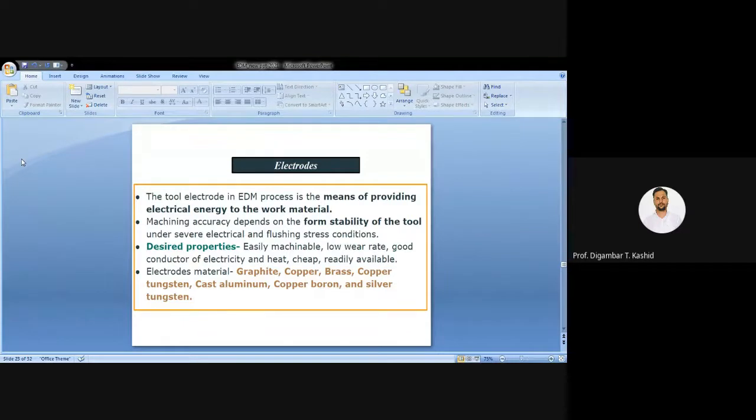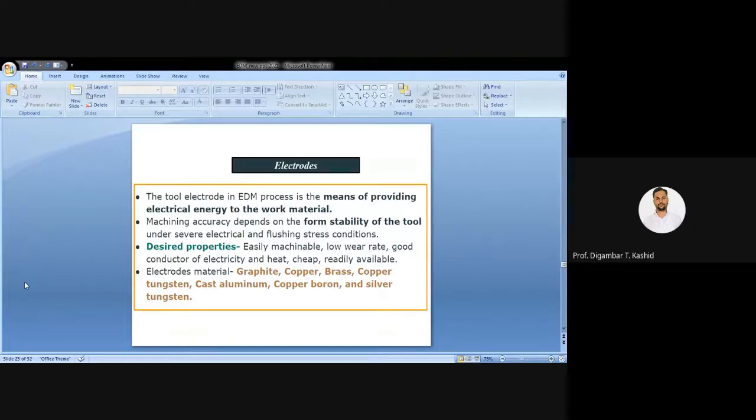Different electrode materials are used in the EDM process. For example, graphite, copper, brass, copper tungsten, cast aluminum, copper boron and silver tungsten. These are the different materials you can use as the electrode in this EDM process. Graphite is easily machinable using this process, and it has a low wear